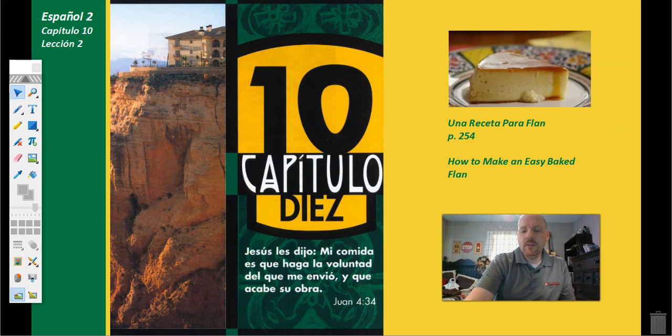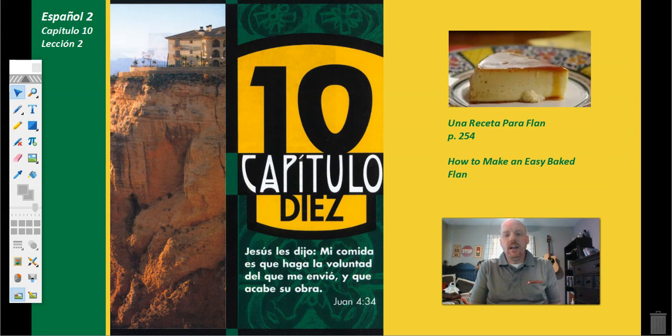Before we finish off today, rather than ending our lesson with the verse for today, I wanted to go back and take a look at page 254 in el libro. Listed there in your textbook is una receta para flan, which is a recipe for flan. I've tried that recipe, and it was a little eggy to me. I didn't really enjoy it very much, but I did find another one on YouTube that uses tres leches. Tres leches are 3 types of milk. If you look at this recipe, you'll see that they use regular milk, they use heavy whipping cream, and they use sweetened condensed milk to give it a much better consistency.